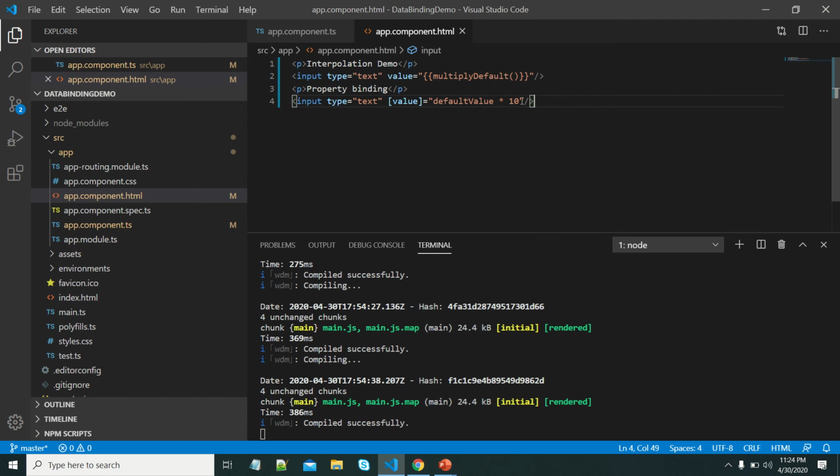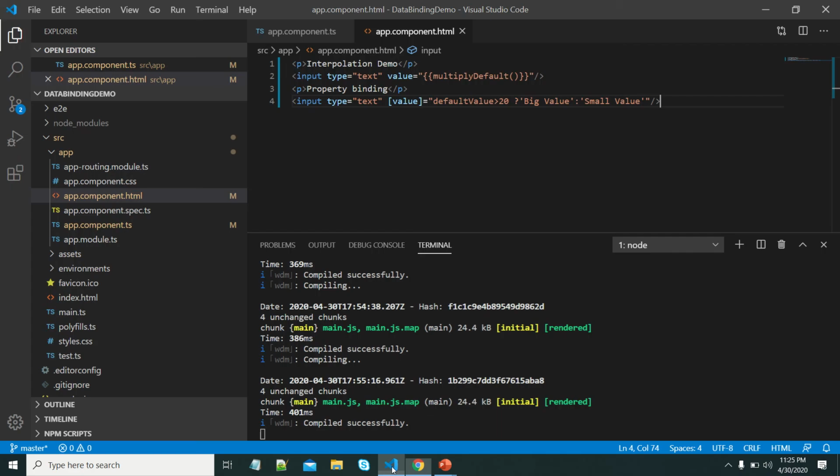We can write the conditional statements. Big value and a small value. Let me save it.